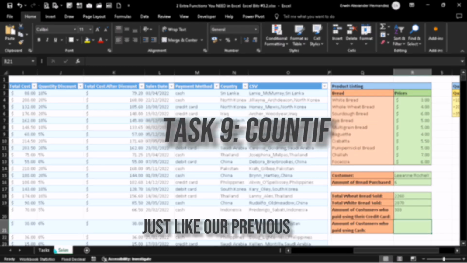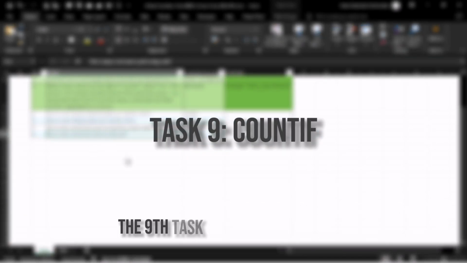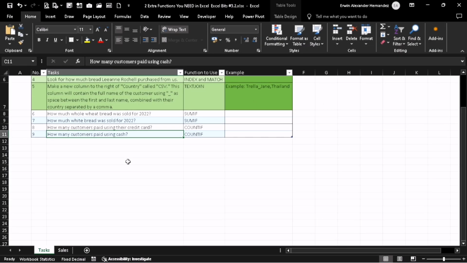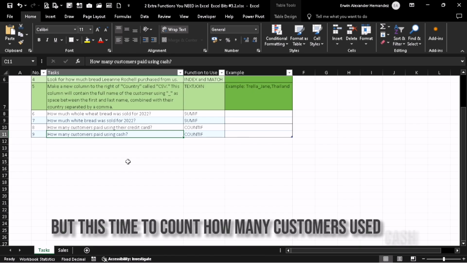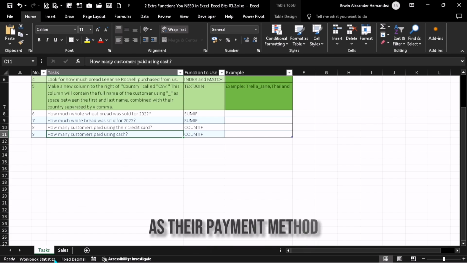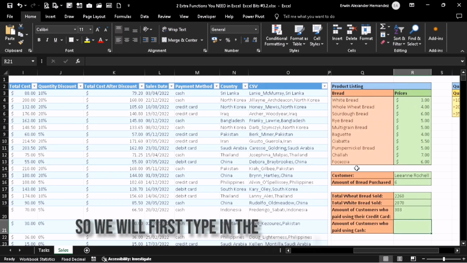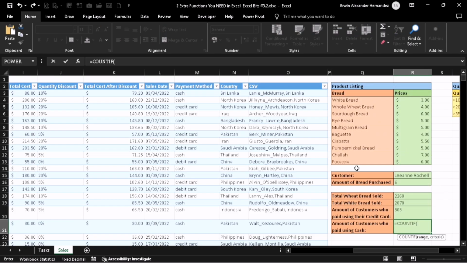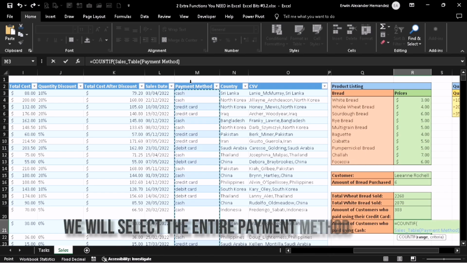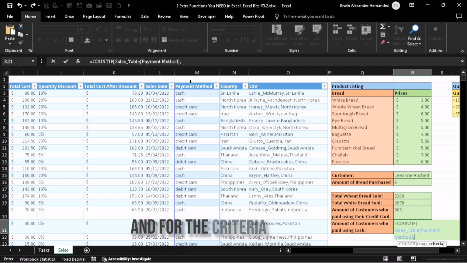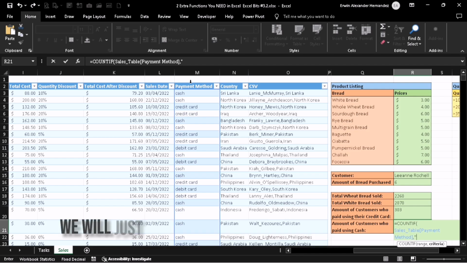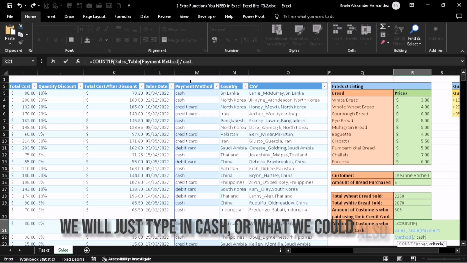Just like our previous task, the ninth task, it's also pretty simple. We have to use the COUNTIF function again, but this time to count how many customers used cash as their payment method. So we will first type in the formula for COUNTIF once again. For the range argument, we will select the entire payment method column, and for the criteria argument, we will just type in cash. Or what we could also do,